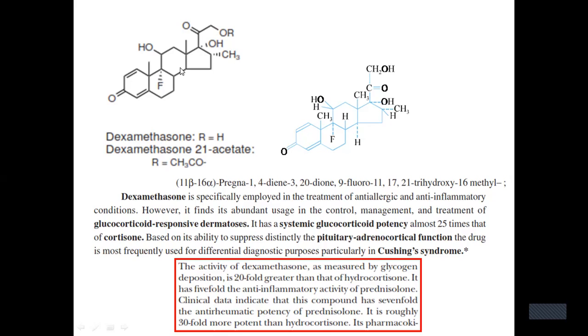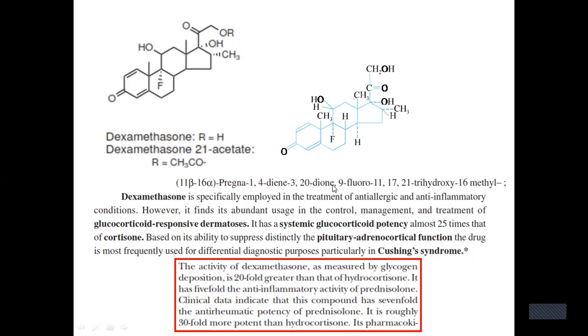This is 11, this is 17, and this is 21. 17 is actually alpha, and 11 is beta. Again 16 is alpha methyl. So it is given here as 9 fluoro, 11, 17, 21 trihydroxy, 16 methyl, 11 beta, 16 alpha, pregna-1,4-diene,